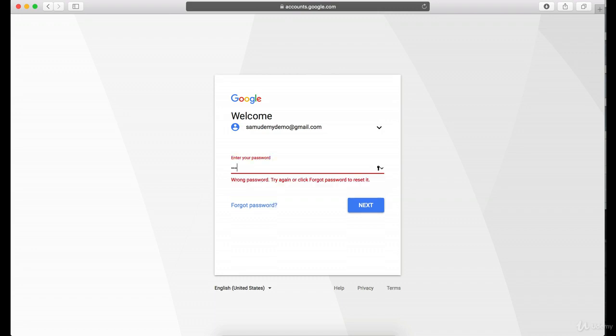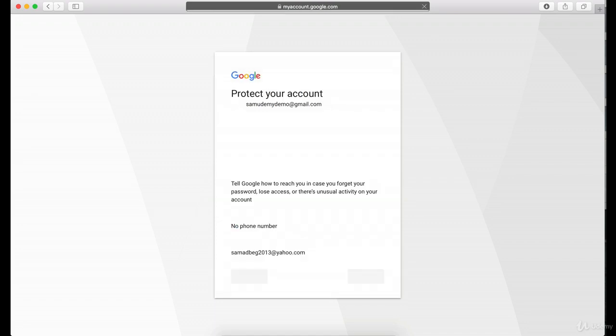Oops. This is what happens when you use a different password for your Udemy than you use for your actual Gmail account. All right, so we're in,